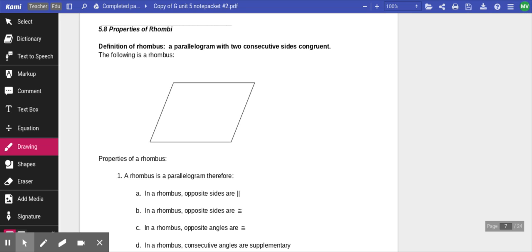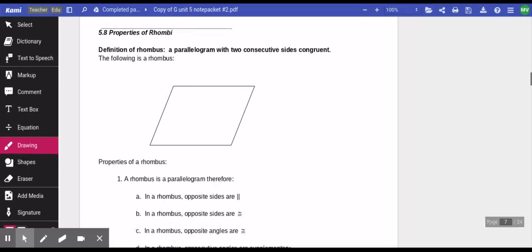Hello, everyone. Today we're going to talk about a rhombus, or rhombi, which is the plural. The definition of a rhombus is a parallelogram with two consecutive sides congruent. So a rhombus is a parallelogram. Again, if we name this rhombus R-H-O-M, since it's a parallelogram, that means opposite sides are